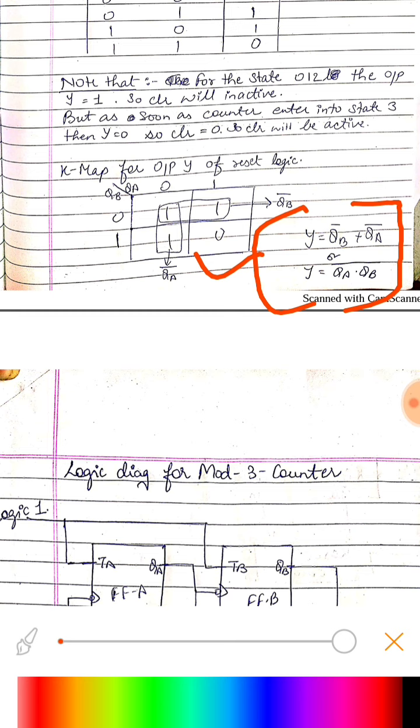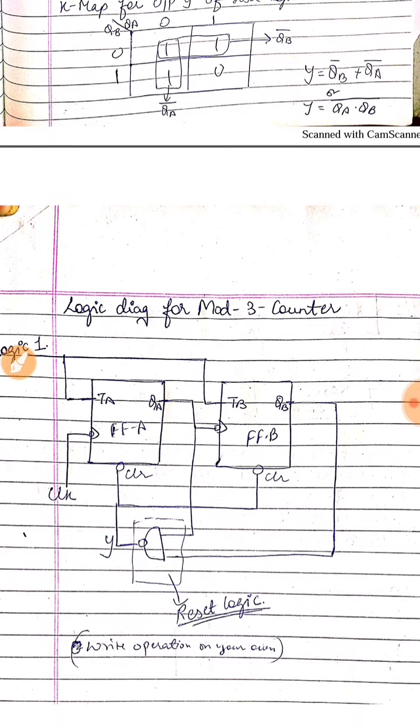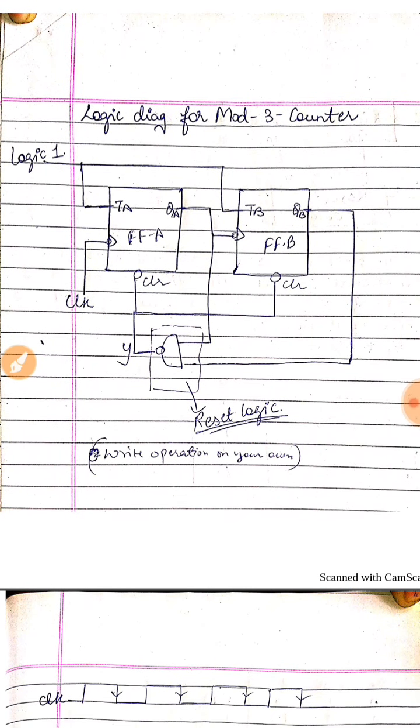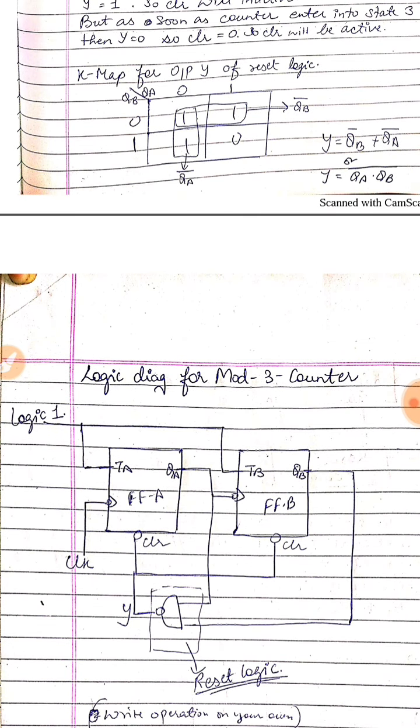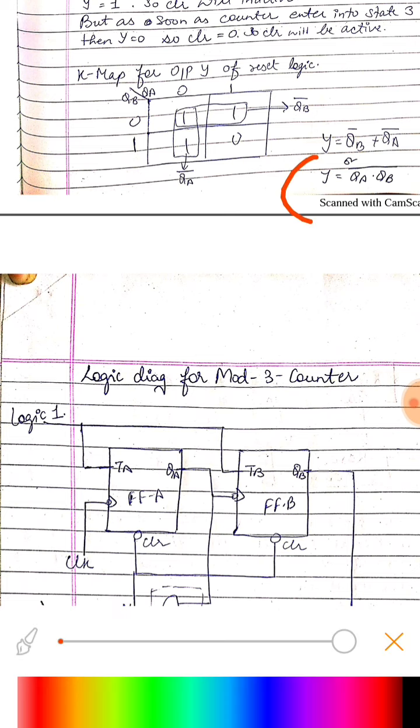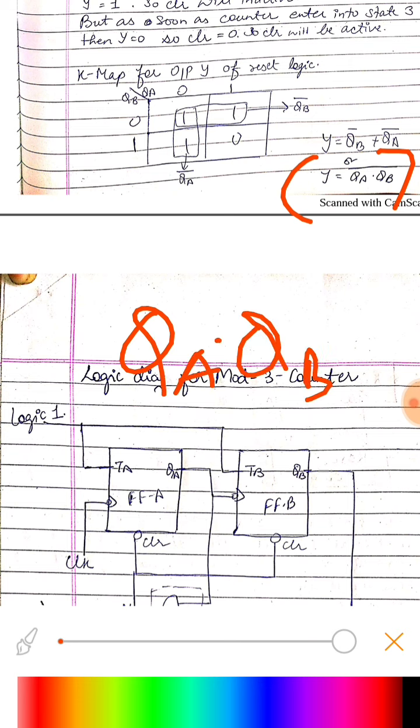reset circuit. So let's see how we can make our combinational circuit to reset. It would be nothing but a NAND gate. As we can see over here, this is a logical expression for QA into QB, that is the dot product. It is an AND gate, and if I take the bar, it would become a NAND gate. So it is nothing but a NAND gate.